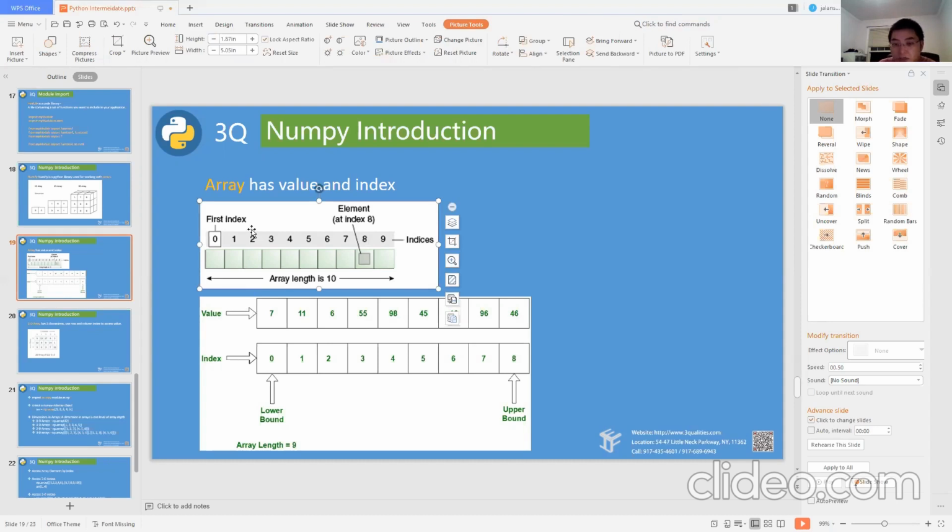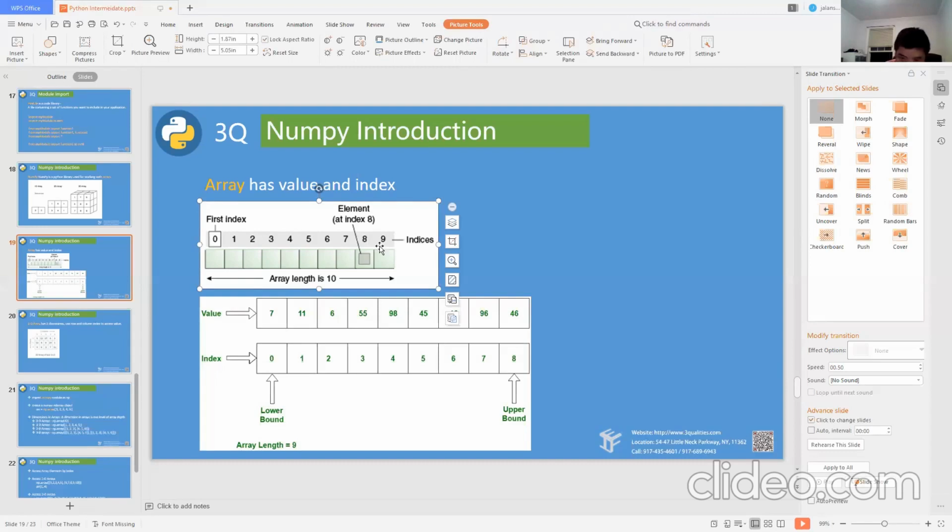How many indexes do I have here? Fellas, look at this screen. How many indexes do I have in this array? 10. 10, very good, right?